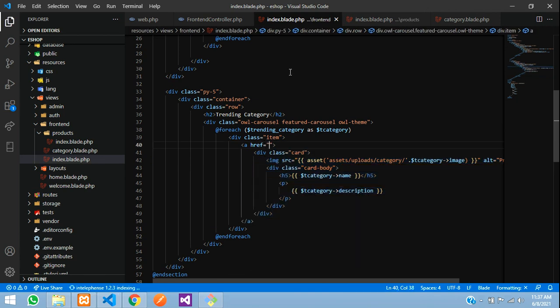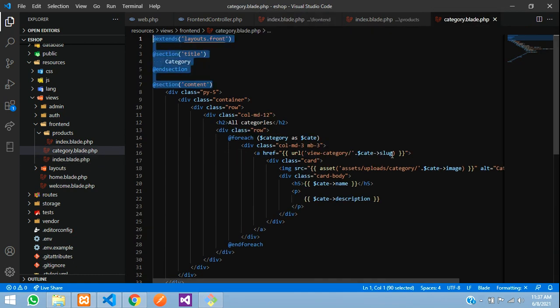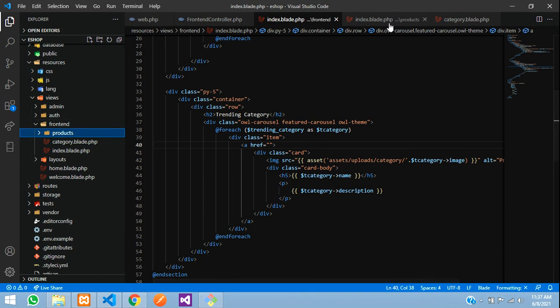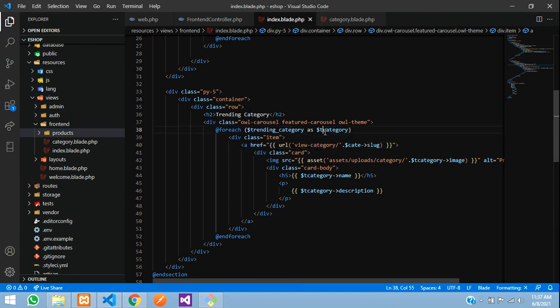Here you can just copy that from the category blade, this URL which we had made. Yeah, here it is. Copy and just close this product one. Yeah, paste, and instead of category it's going to be T category. Copy that and paste, save.